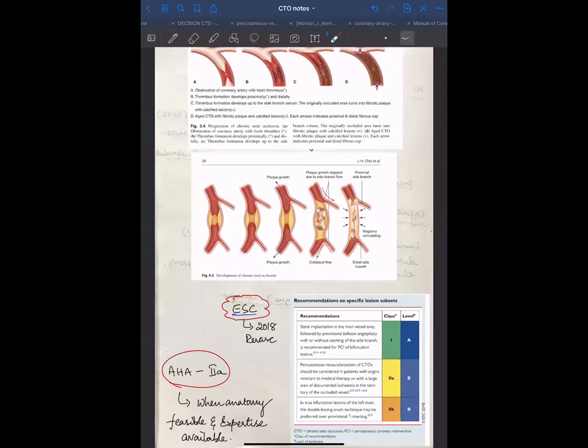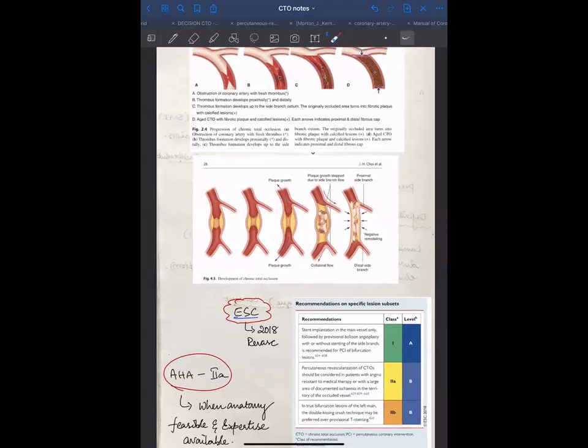That is how you look at negative and positive remodeling. That's the only way, in fact, you can look at it. If you had a lumen, you could look through IVUS also, but because this is an occlusion, CT is the only way, actually. Conventional angio we can't make out.